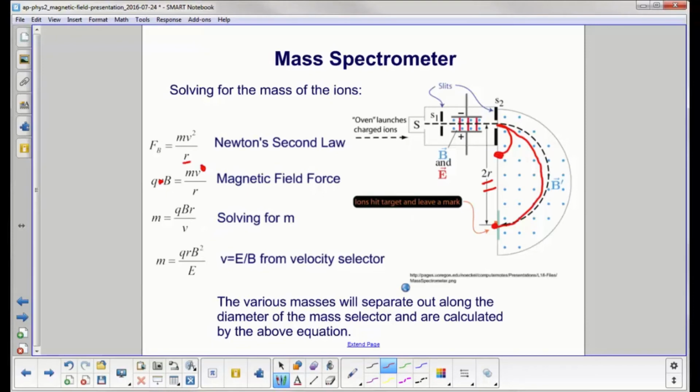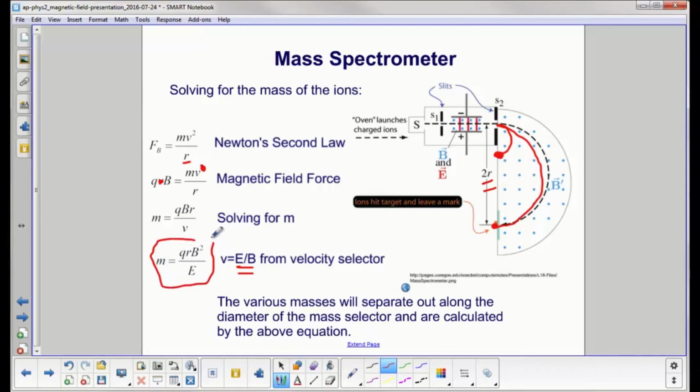Earlier we said that the magnetic field here is going to be the same as over here. The reason we did that is because we now want to get rid of this velocity. We can't measure velocity. I don't know how to measure velocity in this. But we will substitute in E over B from the velocity selector. Remember, this guy only let particles with the velocity equal to E over B through. I now put that into the equation,